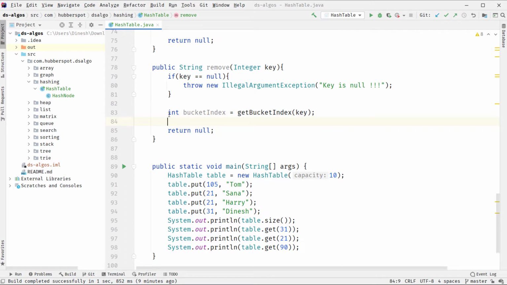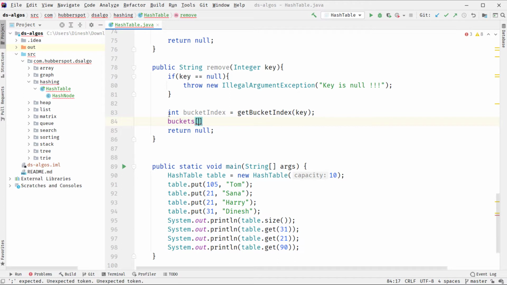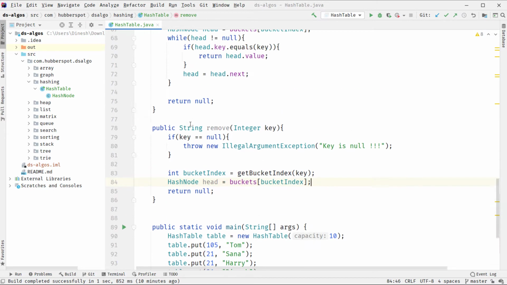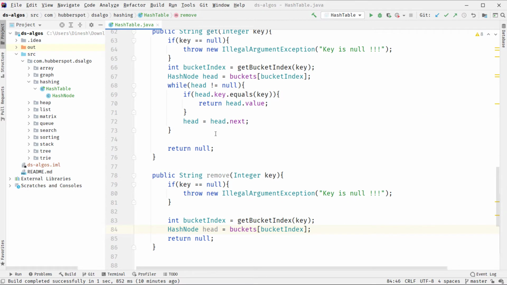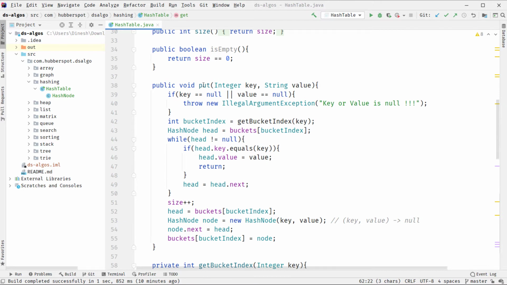After getting the bucket index, we access the hash node at that bucket index, and as that index is pointing to a hash node which is the starting point of the list corresponding to this bucket index, we give a name to it as head. So friends, here you can see that these two steps are being used in the get method also and in the put method also.